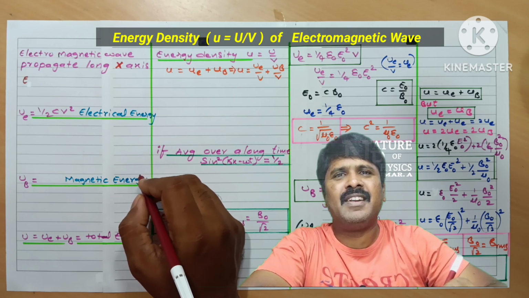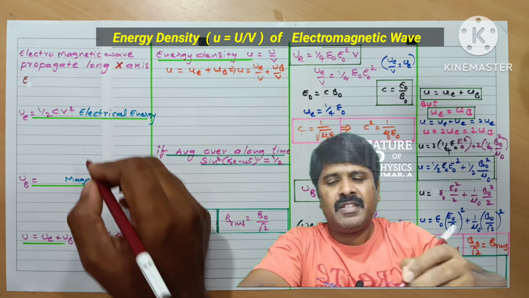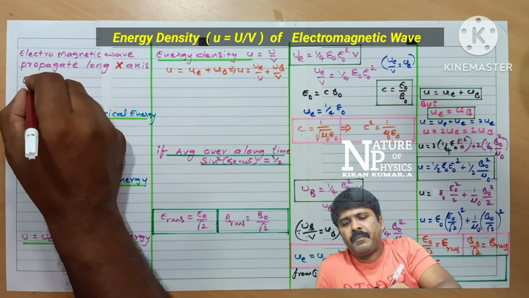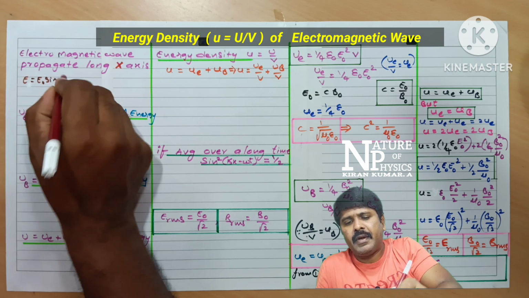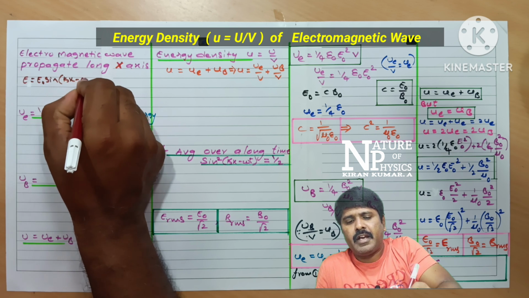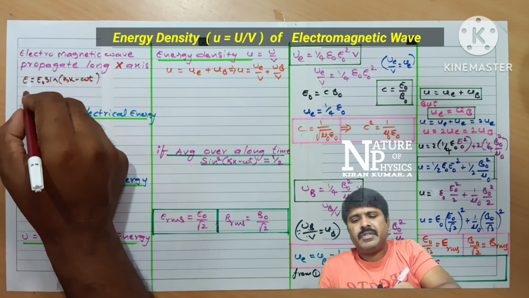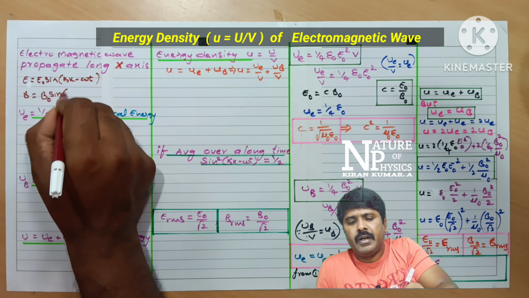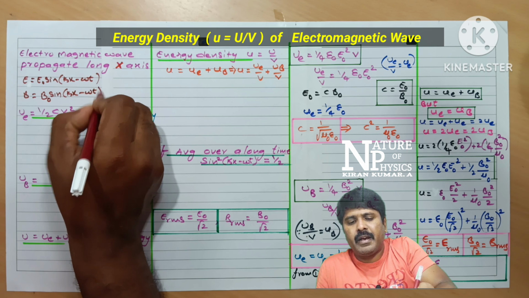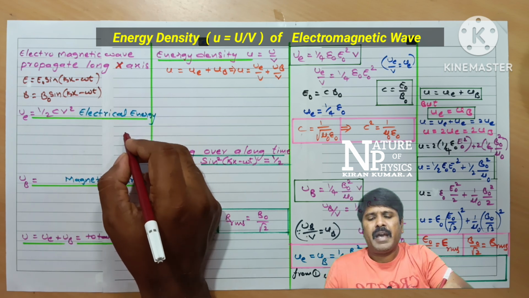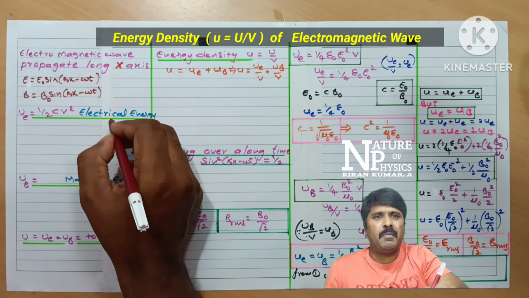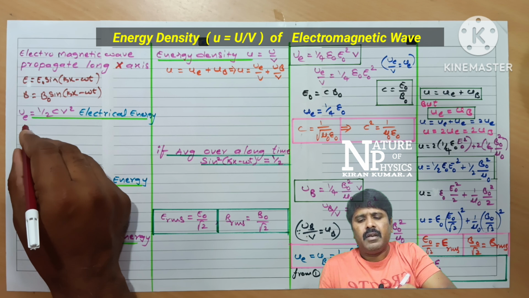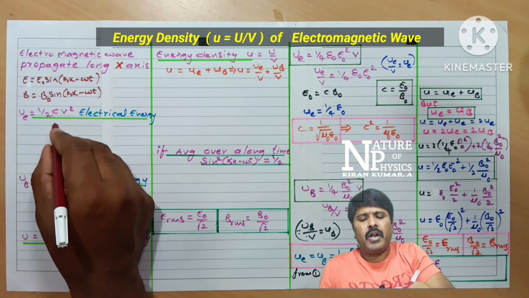Today's topic is the energy density of an electromagnetic wave. See student, an electromagnetic wave propagates along the x-axis. E is equal to E naught sin(kx minus omega t), and the magnetic induction B is equal to B naught sin(kx minus omega t), where E naught is the maximum electric field and B naught is the maximum magnetic field. So in the next one, energy in a capacitor UE is equal to 1 by 2 CV square,